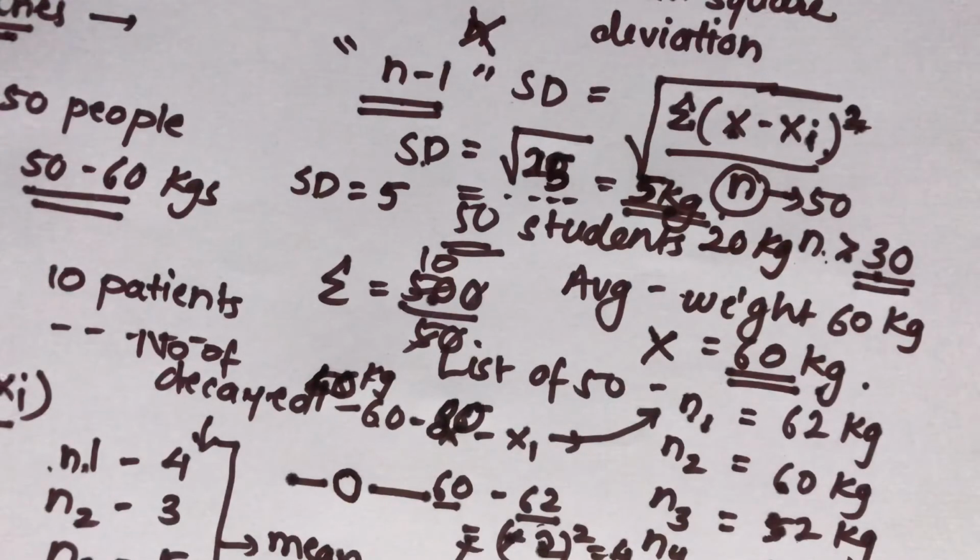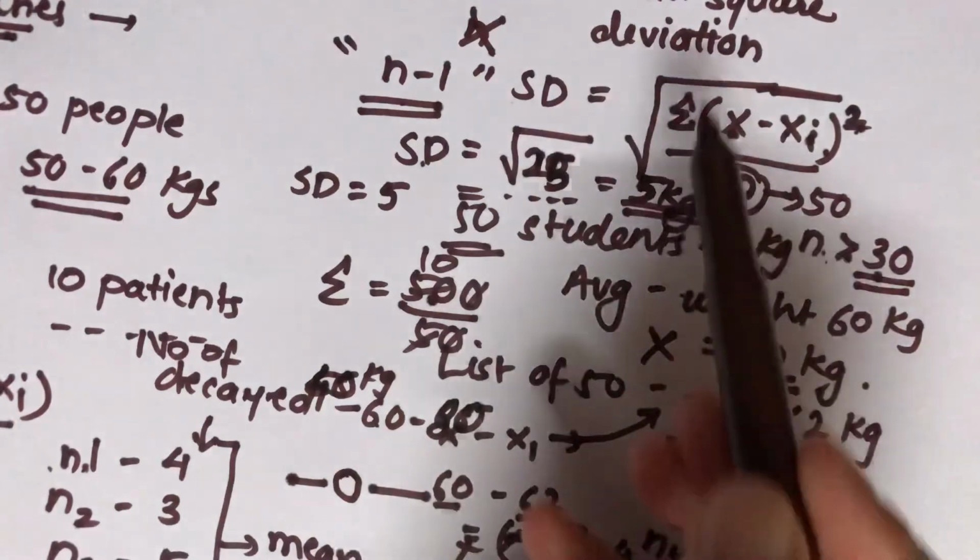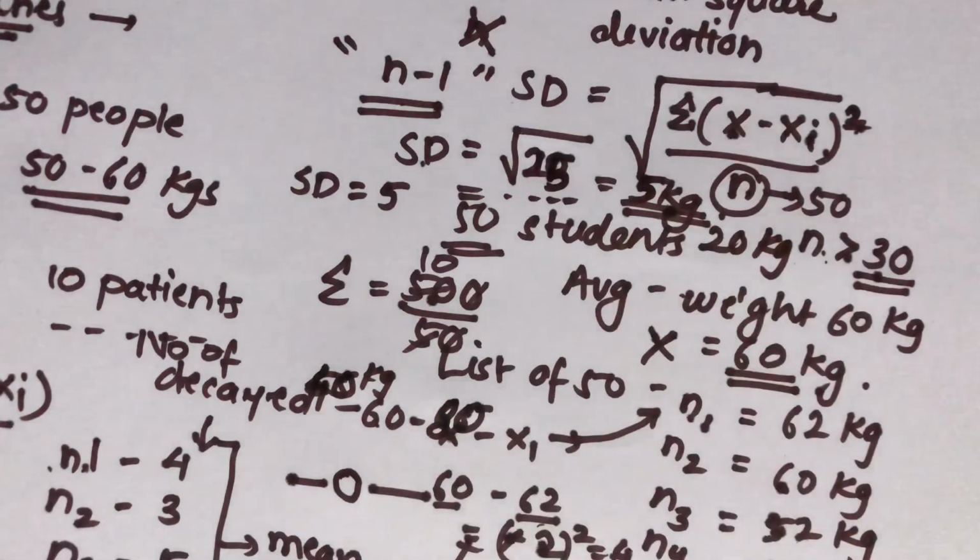So this is all about your measures of dispersion, that are your range and mean deviation, which have the problem that the answer you get is 0. So to overcome this, we are using the standard deviation in which we are squaring it up, and after that we are taking the square root of it. So this is all about all the three measures. Now depending upon the standard deviation, you have this normal curve or the normal distribution, which is also known as Gaussian distribution. I'm going to cover that in the next video.